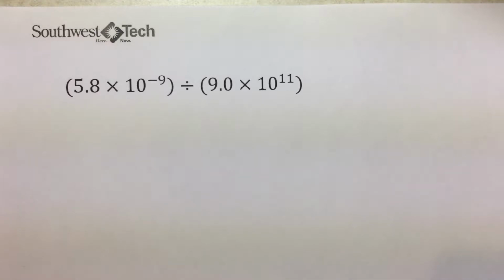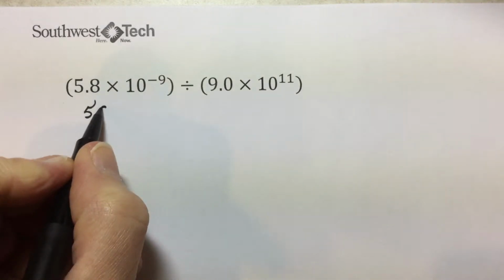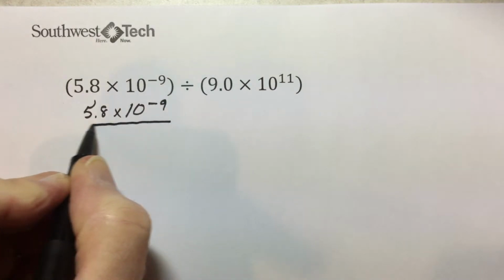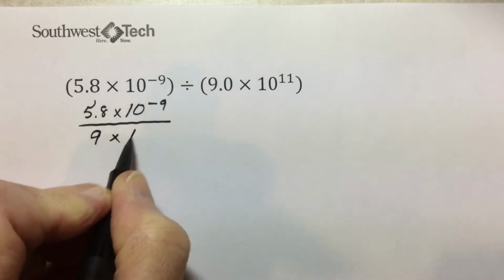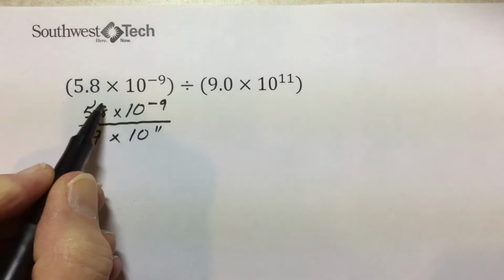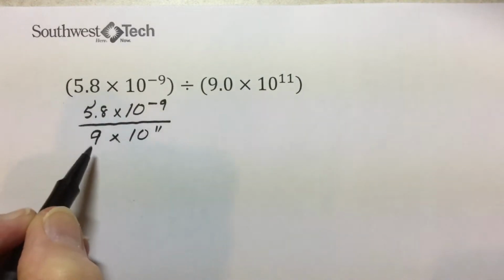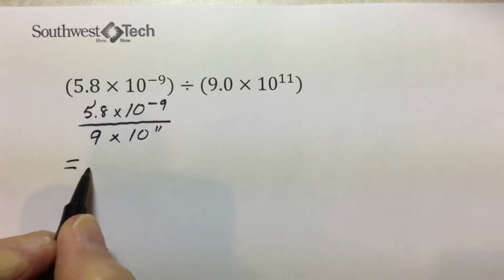Quotients of numbers in scientific notation are found using rules of exponents. Here we have 5.8 times 10 to the negative 9th divided by 9 times 10 to the 11th. We can do the division of our numbers here. 5.8 divided by 9 is equivalent to